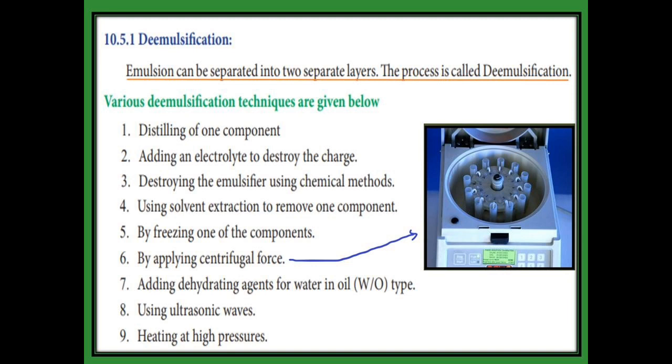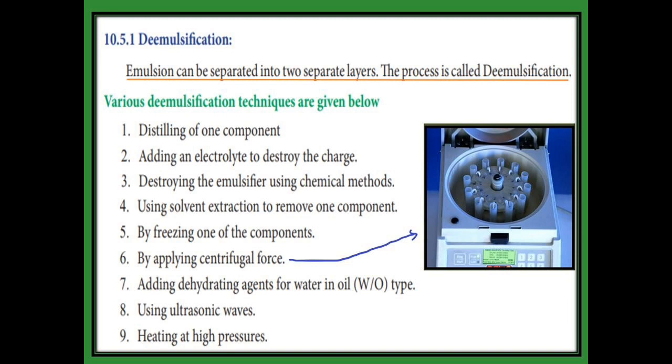When oil is mixed with water, the mixing lasts only for some time. After some time, when we examine that solution, a separate layer forms. One is the water layer, another is the oil layer. But in an emulsion, whether it is oil dispersed in water or water dispersed in oil, no separate layer will form after some time. But we can separate the two layers with the help of some process.